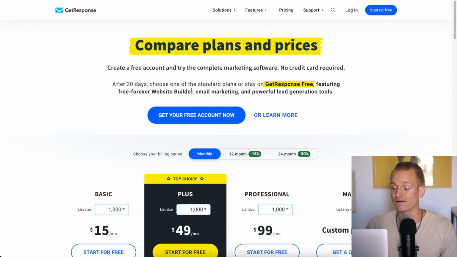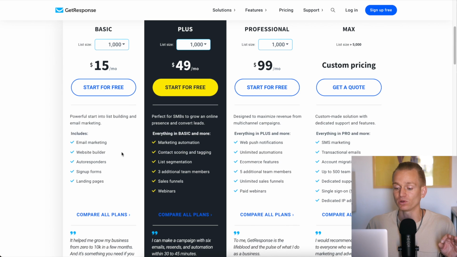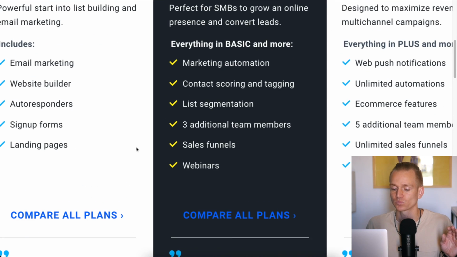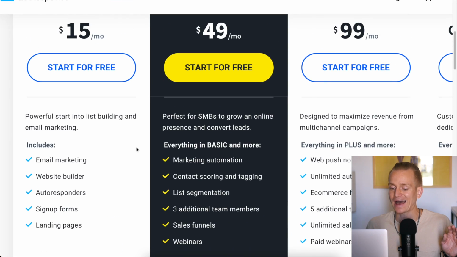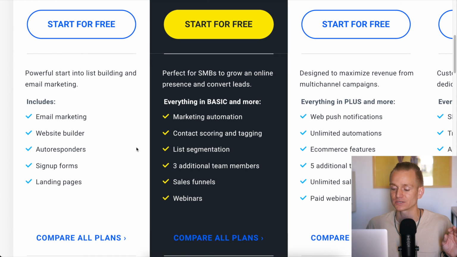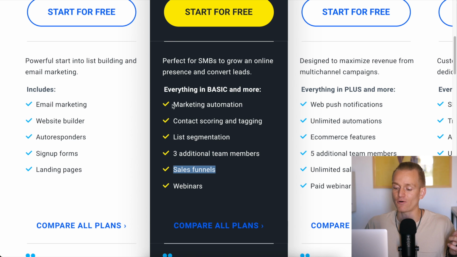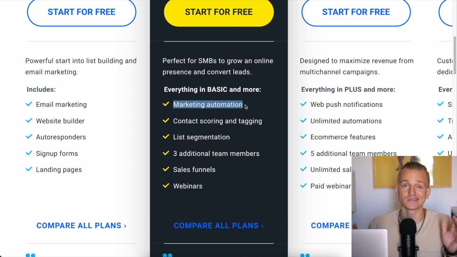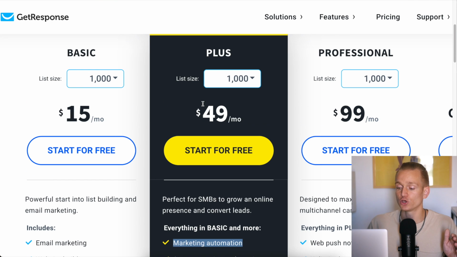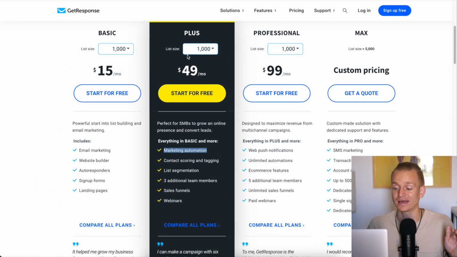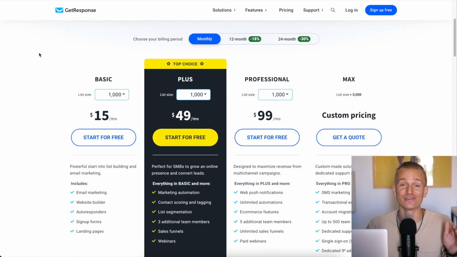They also actually have a free trial for 30 days, so you can try out all of the different functionalities for 30 days and you don't need to pay anything. But one thing I will tell you that you are not going to have all of the functionalities on the basic plan. So for example, pay attention that if, for example, you want to create sales funnels and you want to have all of those advanced email marketing automations, everything that I mentioned, you will need to go with the plus plan. You're not going to have that on the basic plan. The basic plan is honestly just very basic.